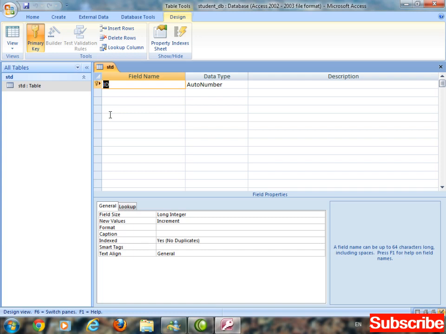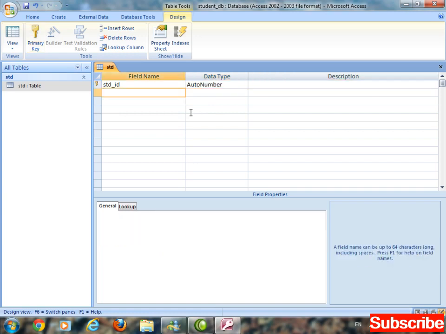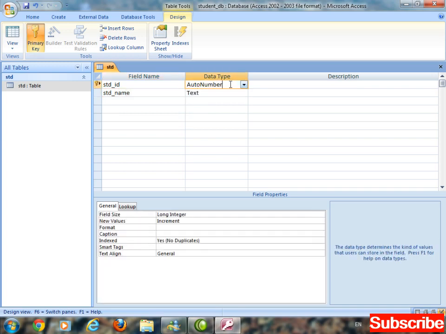now inside the table the fields are std underscore id, auto number. The data type should be auto number. The next one, std underscore name. I'm just going to remove the auto number, just change it to number.